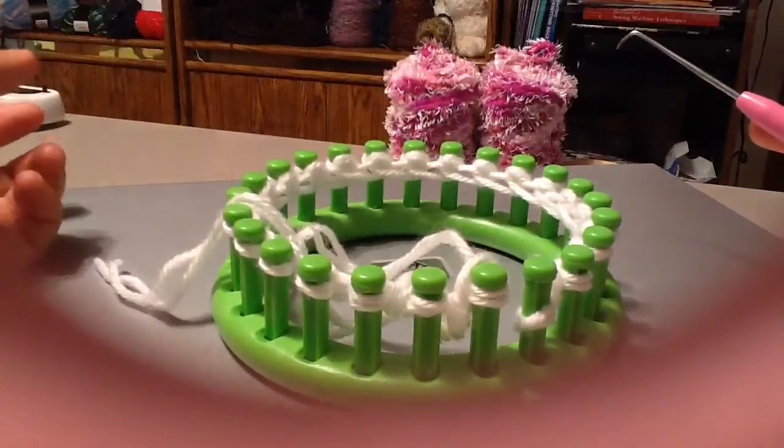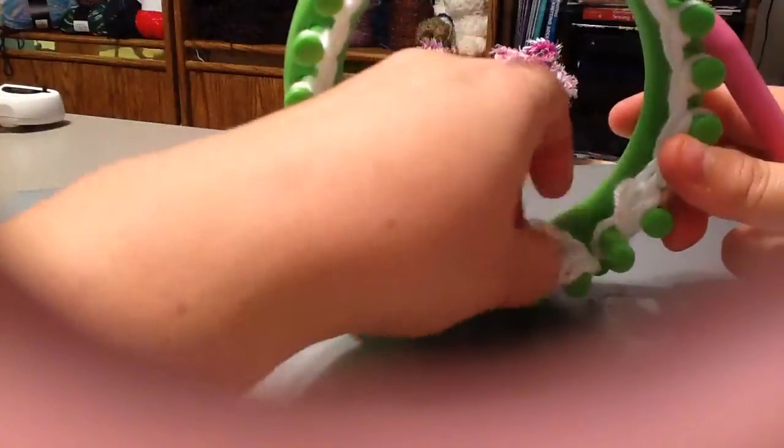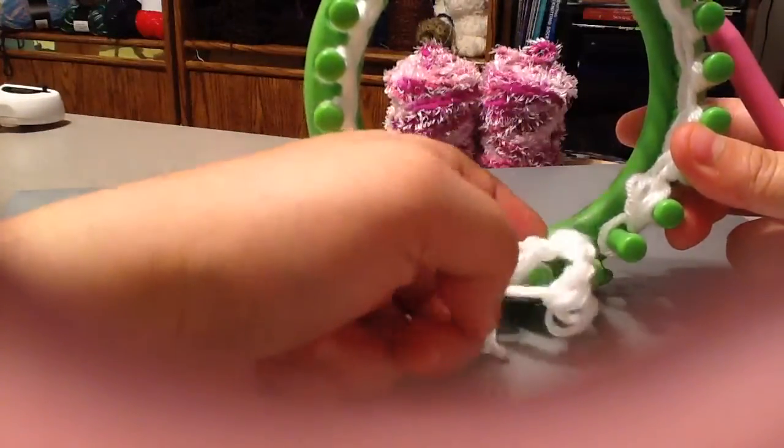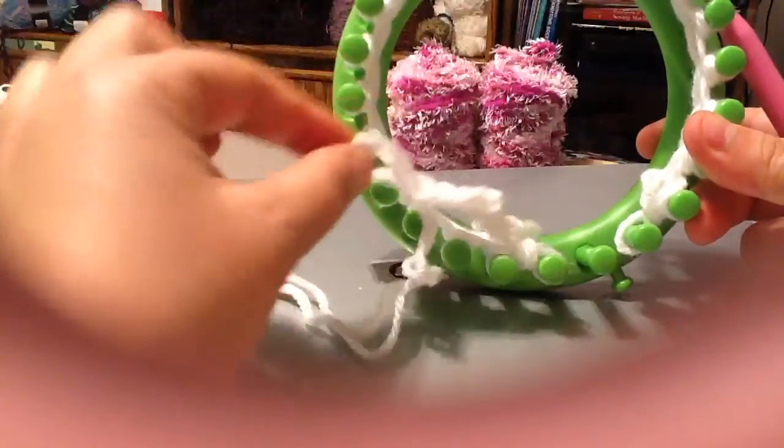Okay, so what it creates, it's this cute loop here. I don't know if you see properly. Hold on, I'm just going to remove it. You see the chain it makes. So now,